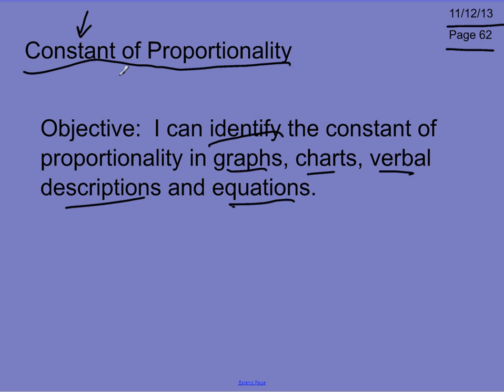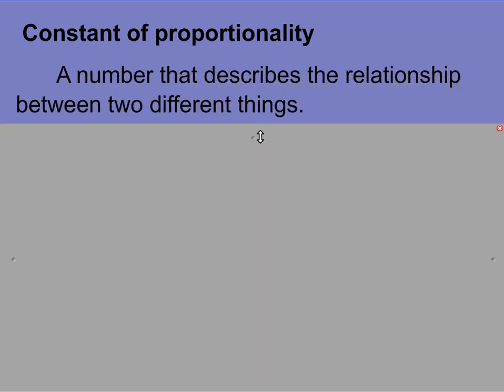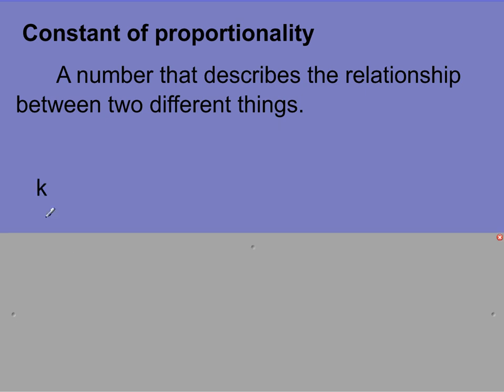But before we can start to find it, we have to actually figure out what on earth it is. So what is this constant of proportionality, this very fancy sounding math thing? All it is is just a number that describes a relationship between 2 things. Simple as that. Mathematicians use the variable k for the constant of proportionality, and I know that can be a little bit confusing, using a variable for a constant, because isn't a constant just a plain old number? And yeah, for each individual situation, k is just a number,